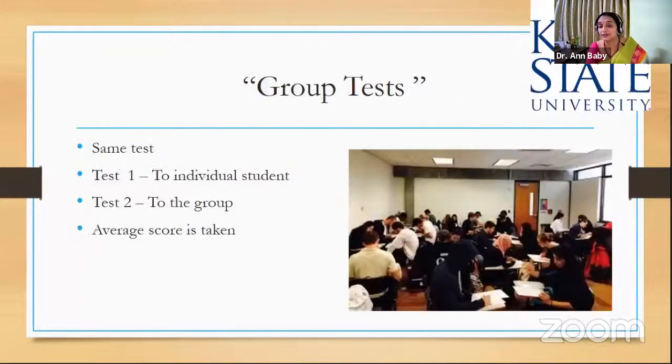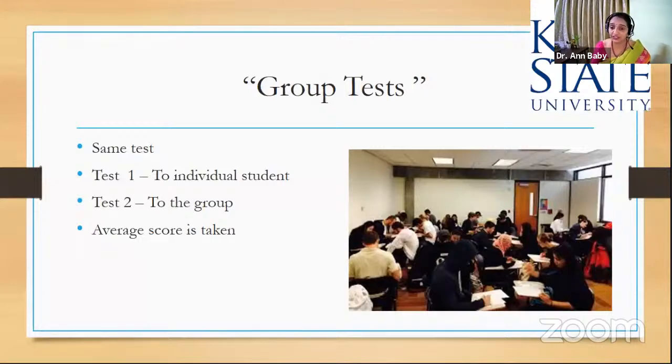Invention activities. Kent State University follows a very interesting approach called group test. They use a lot of LC techniques, and the way they test or assess it is very interesting. They have two levels of test. The same set of questions is given to each individual student, the student attempts it, and then you have a mark for the student.